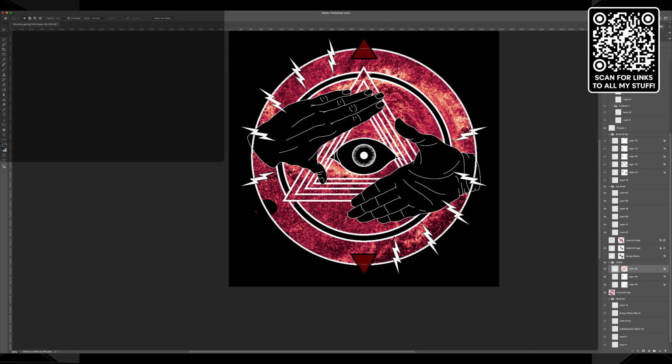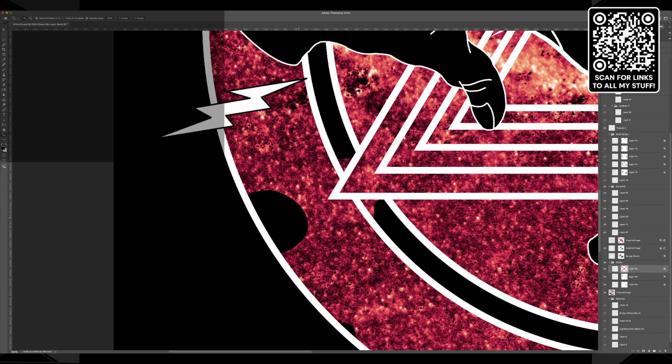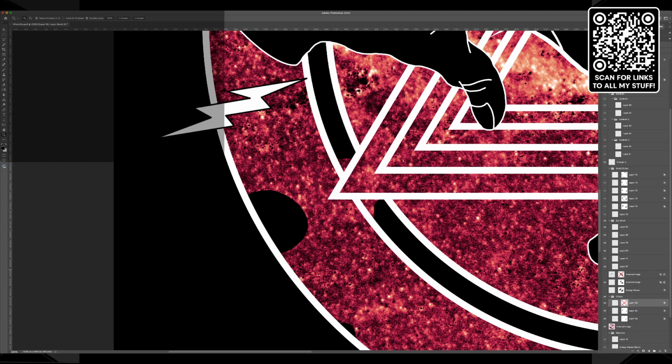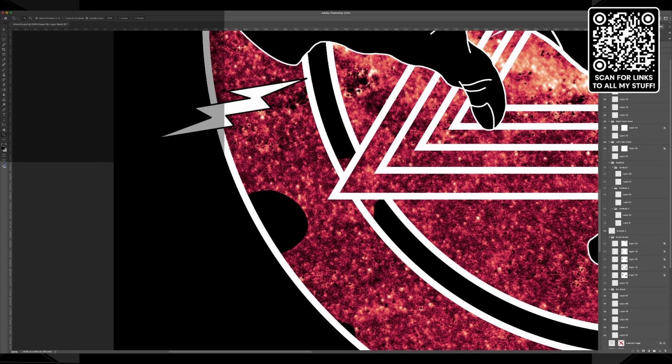All right, so now if I do a select and I do an inverse, and now I come to here, and I do that, and then we fixed it. Okay, perfect. What is this? Oh, that's the layer mask. Okay, got it. Why did it cut this out? Oh, I know why, because that's where the symbols are. I know why I cut that out.